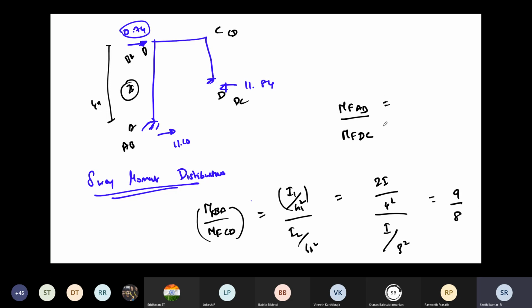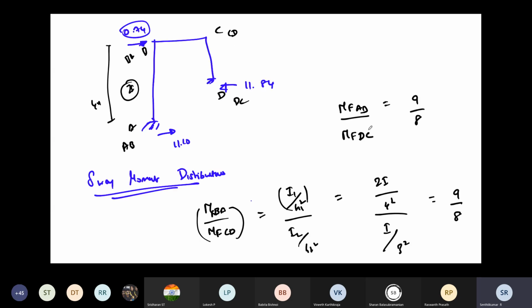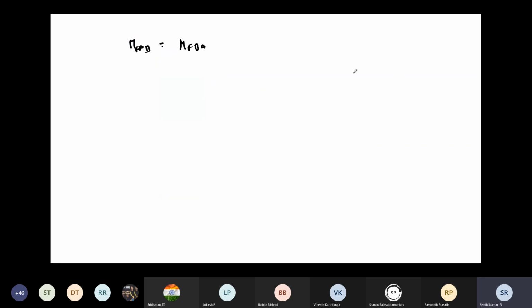So this is also the same thing. AB by DC, if you put the same, you will get it, because AB and BA are the same member only, right? So MFAB, MFBA. If I am taking this ratio, I consider MFAB directly as 9 kN, MFDC directly as 8 kN, because I don't know the value. The ratio I know, but I am just assuming whatever the ratio is coming directly as the value. So MFAB, MFBA, I can take directly as 9 kN. Just assume that is a moment.